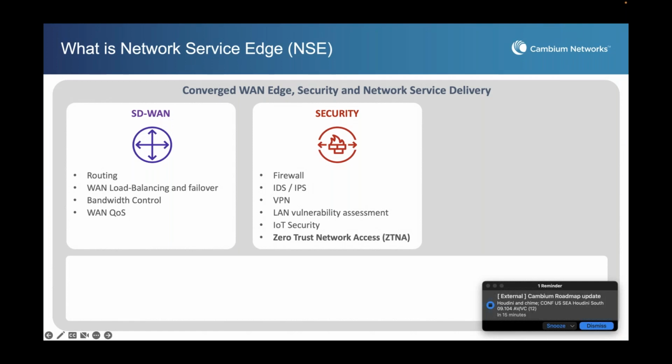There's also the client to site VPN that's available. And then the other unique things, and to me, these are all table stakes for any unified threat management or security appliance. We also provide on the LAN side, both for wired and wireless devices, a LAN vulnerability scan.